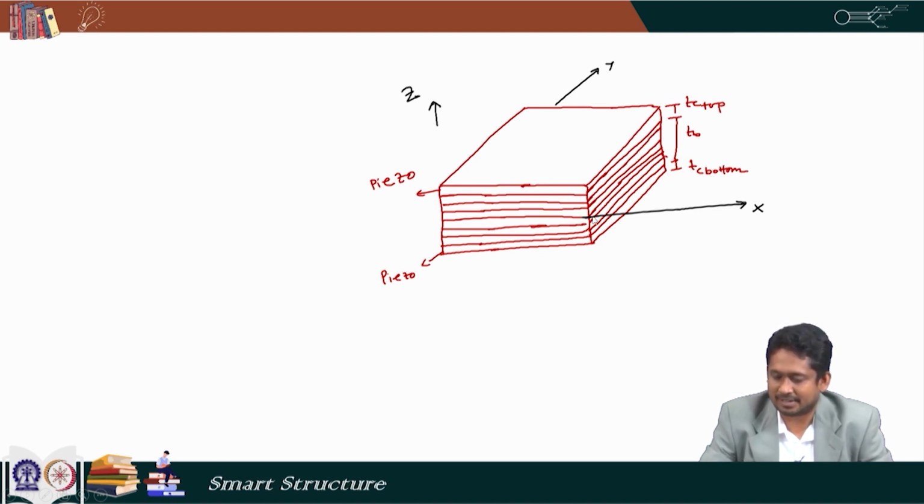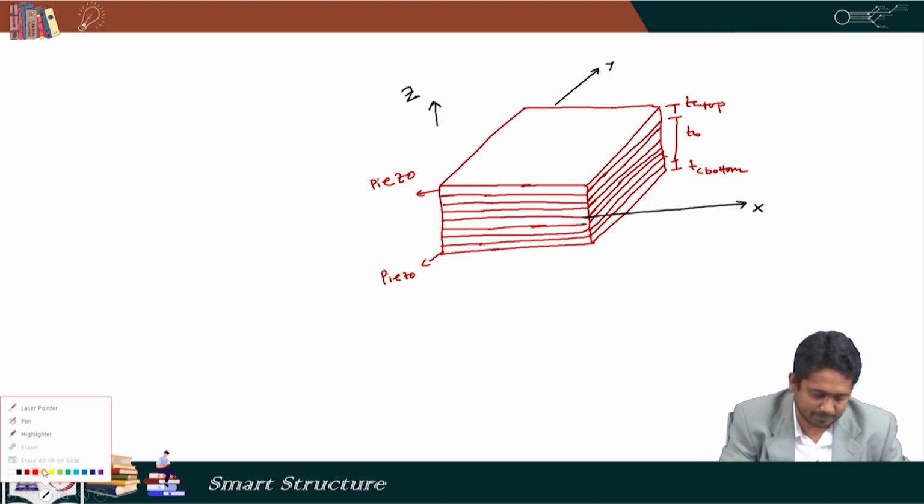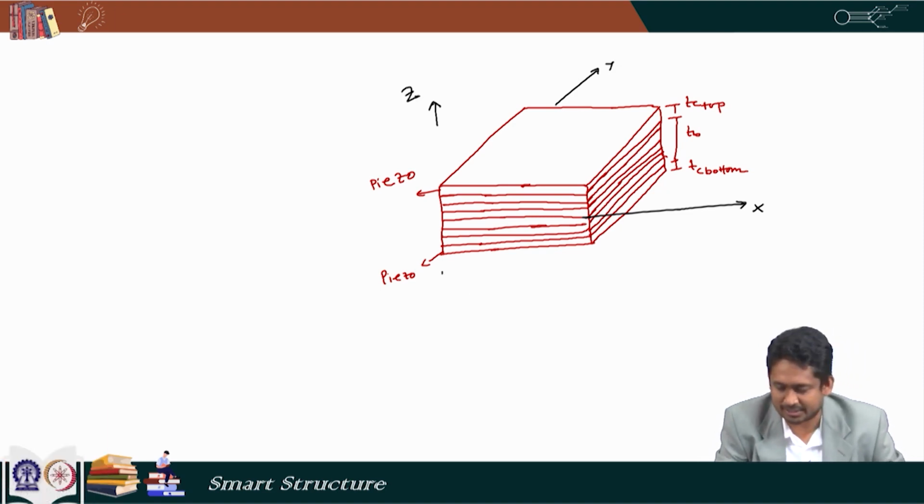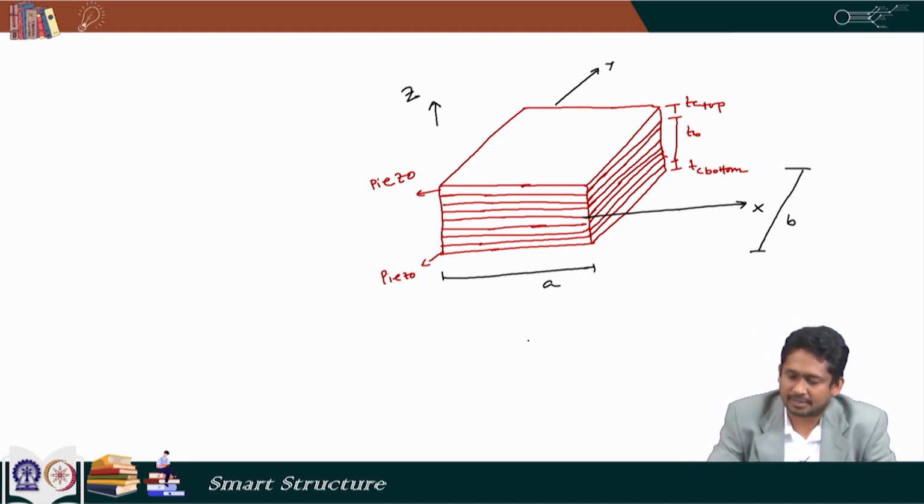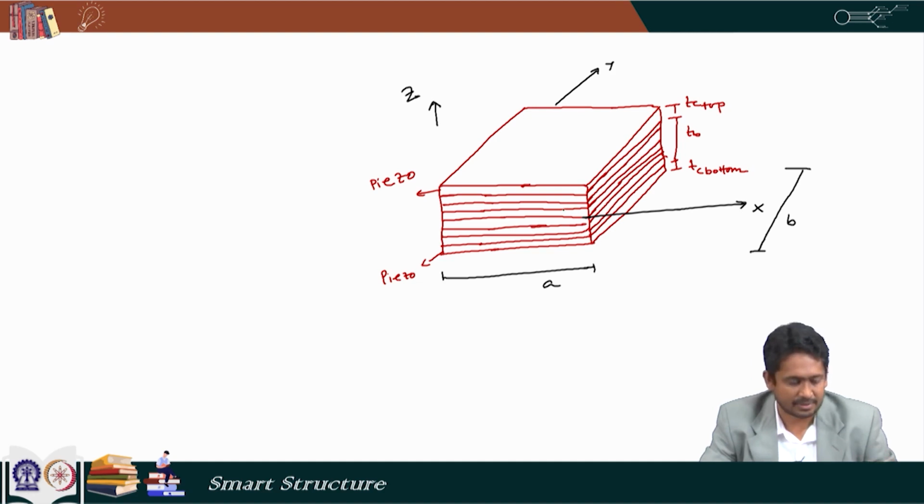This is our x axis, this is the y axis. Along the x axis, let us denote the dimension as A, and along the y axis let us denote the dimension as B, and then the piezoelectric patches would be excited with voltage, and we will see the response. So, for that